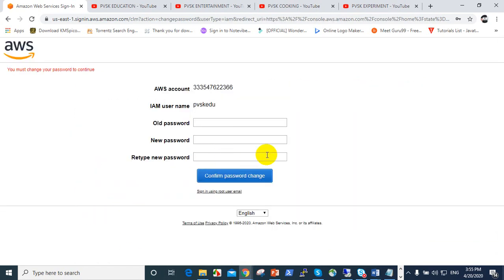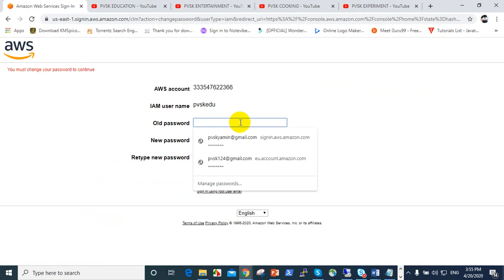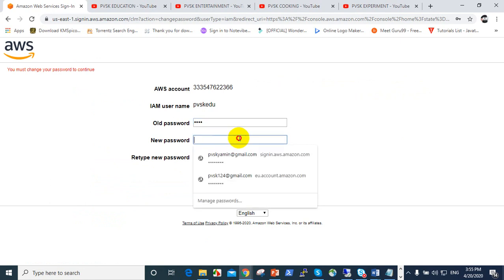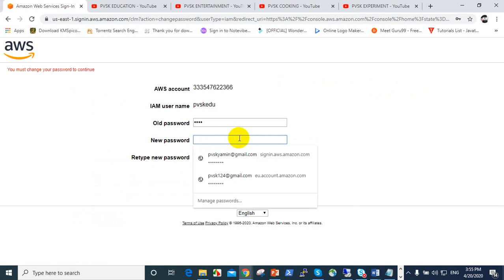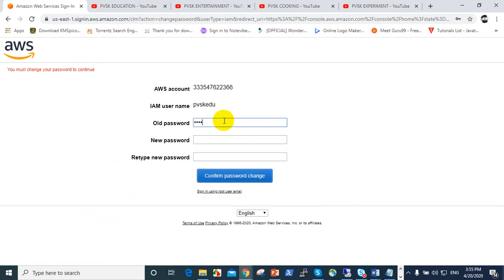When you open that, it automatically asks for a new password. So again I will give a new password, 1 2 3 4. There's no problem when you give this.